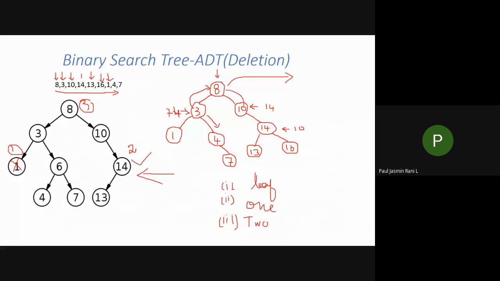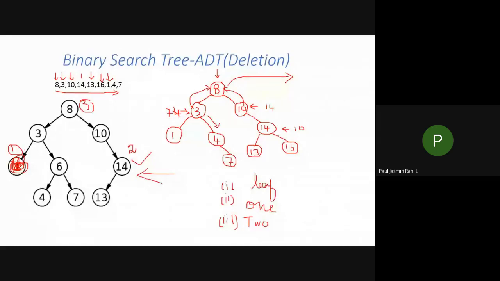Each and every node contains the 3 fields, and you have to fill up the left child address as well as the right child address. Suppose I want to delete any node, then what changes do I have to make? If I want to delete this particular node, this has to be removed from here. If I want to remove this node which contains no child, and that happens to be a leaf node, then what do I have to do?